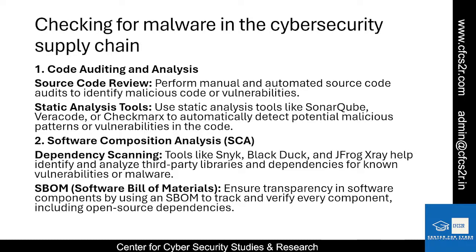So if you have certain software deployed in the organization and you have their source code also, you can use SonarQube, Veracode and Checkmarx to automatically detect the potential malicious patterns. Then we have software composition analysis in which there are certain